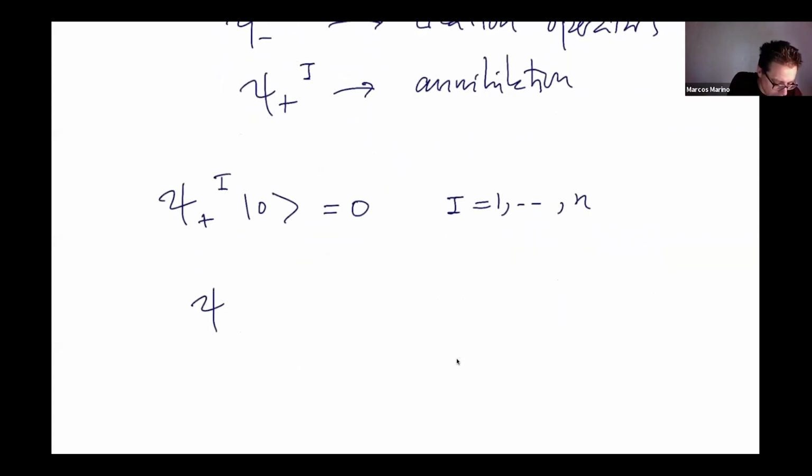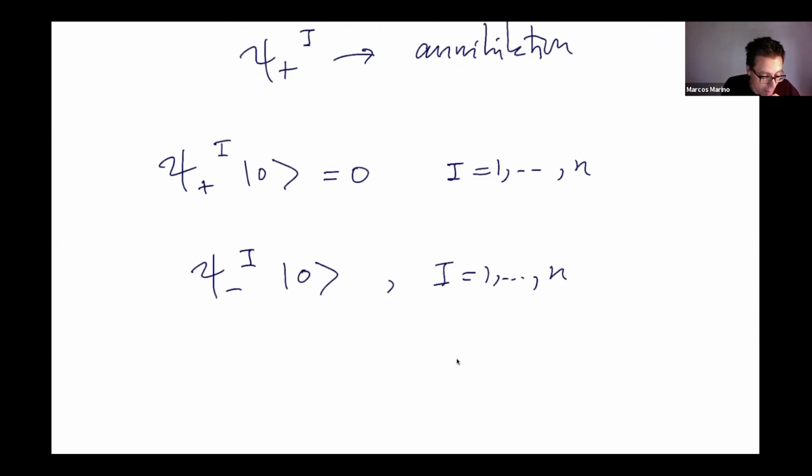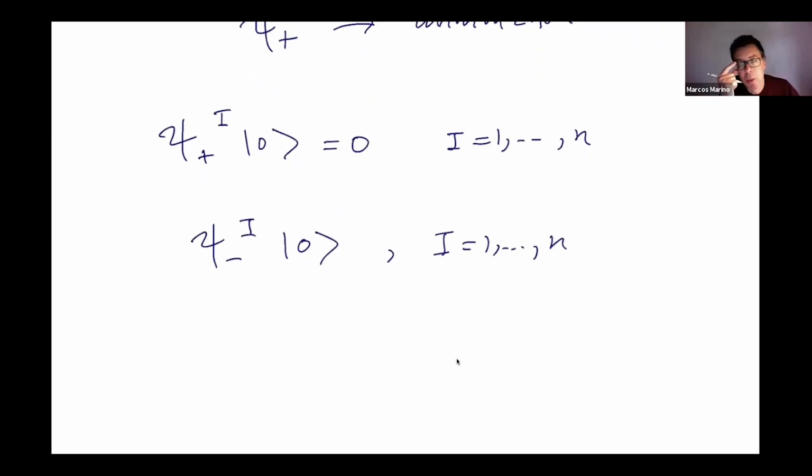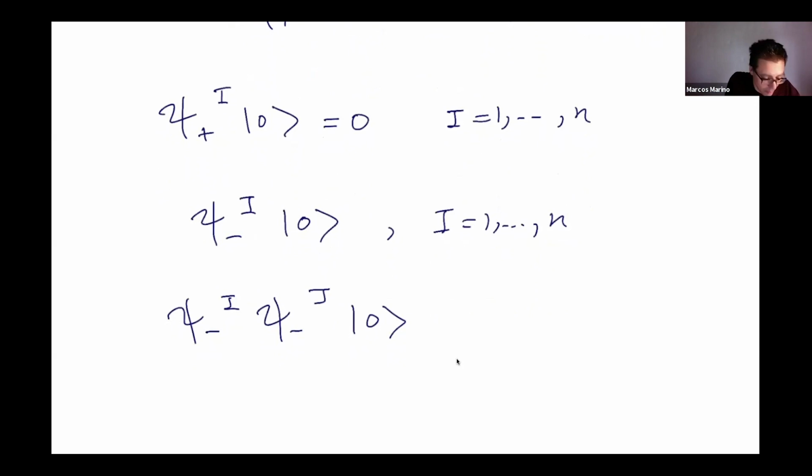Before, we had one single operator, so we could only create one state, but now we can create many states, because first of all, we can create states acting with one single fermionic operator. But it's clear that now we can act with two fermionic operators. Before, we couldn't act with two because there was only one fermionic operator, which is nilpotent. So if we act twice with the same fermionic operator, we get zero. But by now, it should be clear that you can act with different fermionic operators and construct this new state. And notice, of course, as the xi anti-commute, there is only really one linearly independent state,